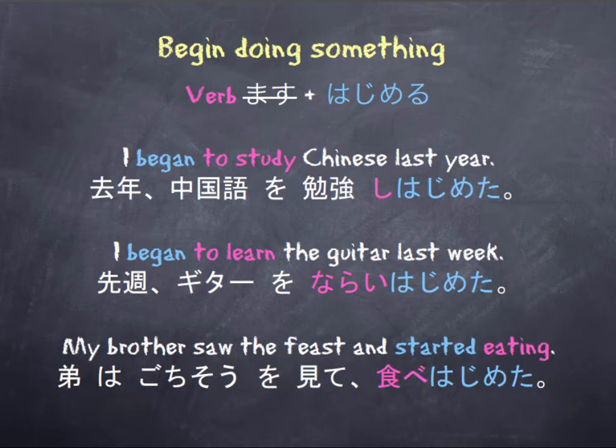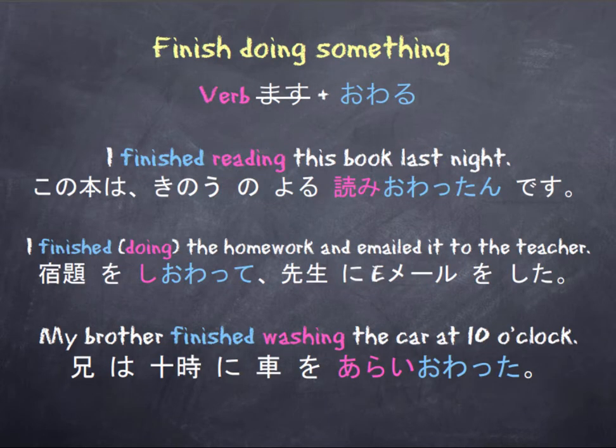And our final example here, my brother saw the feast and started eating. 弟はごちそうを見て食べ始めた. Again, we have the verb stem tabe from the verb tabemasu, and we've attached the plain past tense of hajimemasu, which is hajimeta. On our second slide, we're going to look at how to talk about something that we've